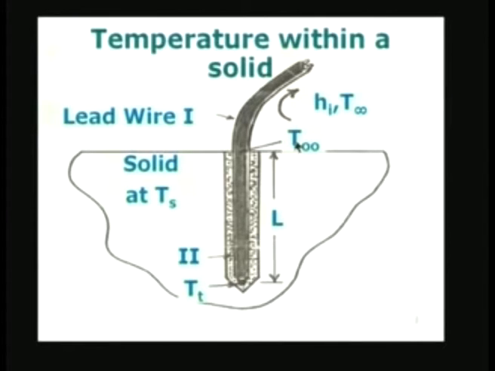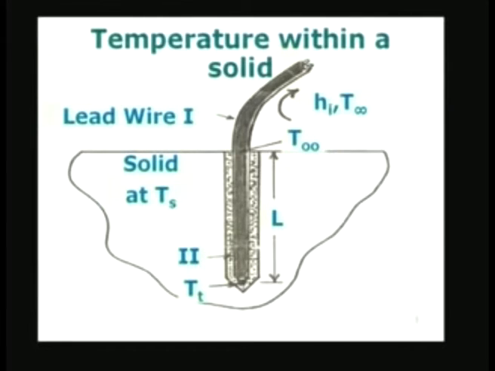So, there are three temperatures I have shown here: Ts, Tt, and T0, which is the temperature at this plane where the thermocouple is just coming out. T0 will be less than Tt, Tt will be less than Ts, and T infinity will be again less than T0. Therefore, there is heat transfer coming from the solid, entering through the sides of the hole, going through the thermocouple, and eventually going into the ambient.